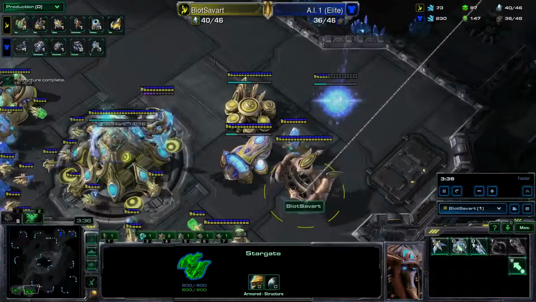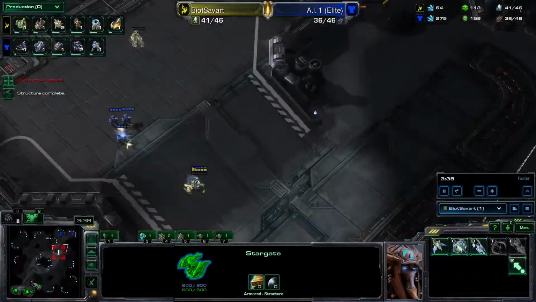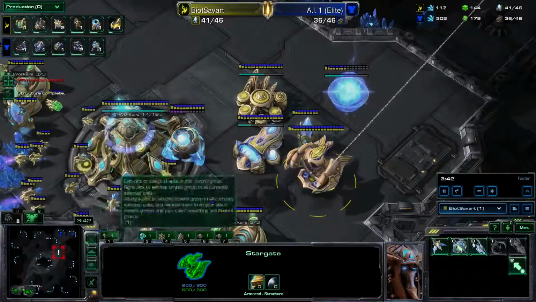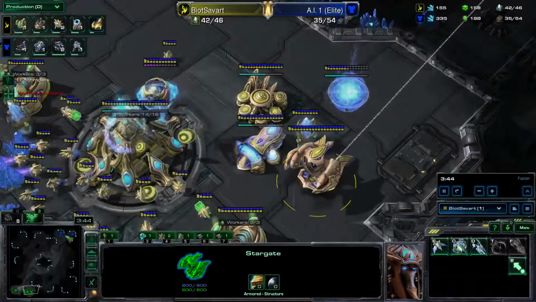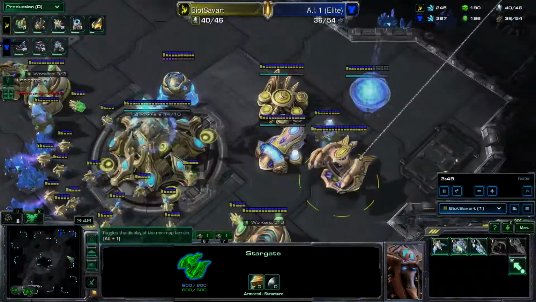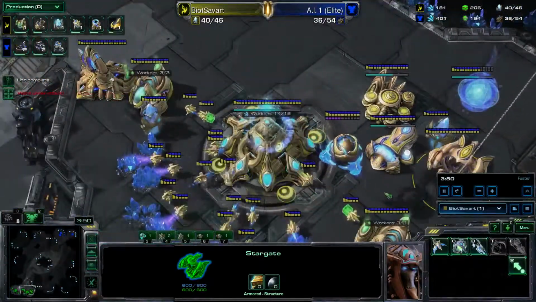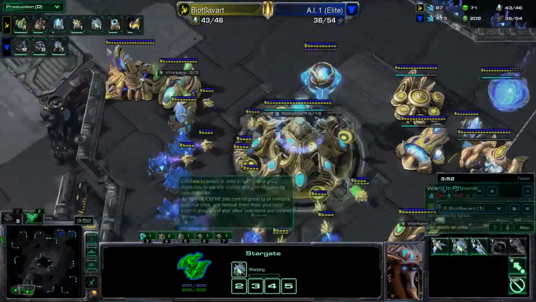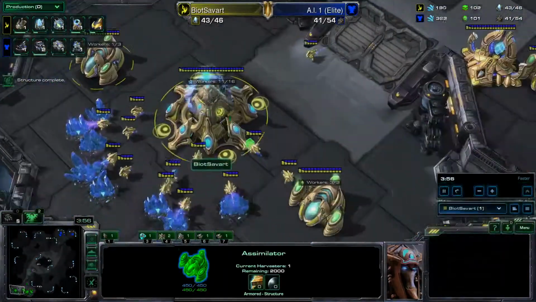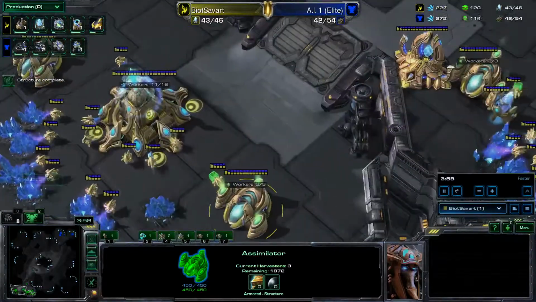Now we have our Stargate finishing. We start an Oracle, and the main reason for that is just to scout what he's doing and to pick up SCVs. And you might want to save that, so don't go ahead and suicide it, because if he's going for mines you want to save that for Revelation. And now we have our 4 geysers,